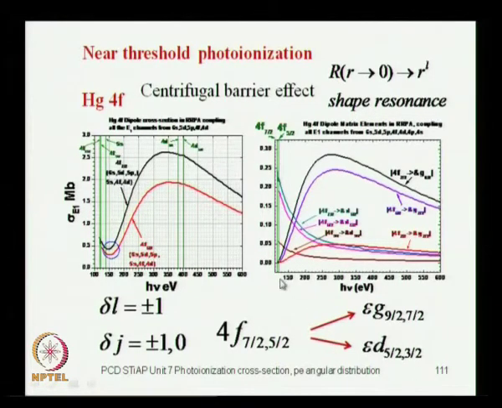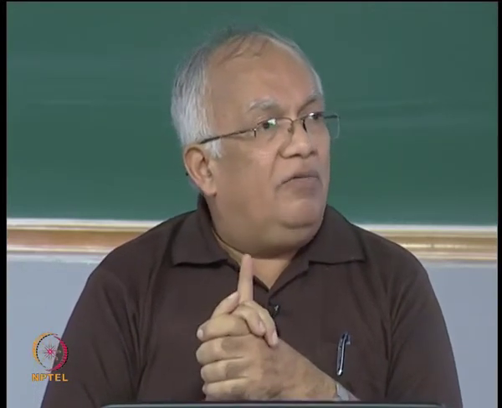Now what happens is that the centrifugal barrier for the G waves is much larger. You know what centrifugal barrier is. In the hydrogen atom radial equation we had this term L into L plus 1 by R square, right. So that is the one which is referred to as the centrifugal barrier potential. It is a pseudo potential, it comes because of the reduction of the 3-dimensional problem to this 1-dimensional radial equation,